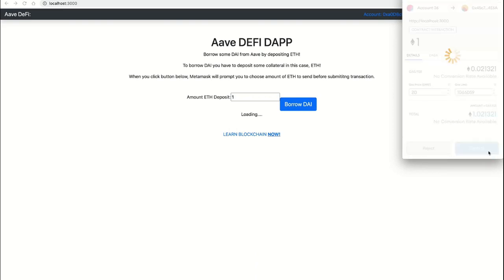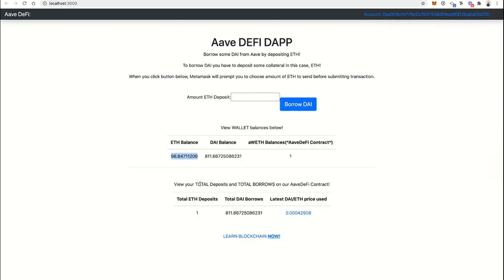See your MetaMask confirmation pop up. Click confirm, and boom, there you go. So we deposited 98 ETH, or we had 98 ETH, so we deposited 1 ETH, and now we borrowed 811 DAI. Okay, awesome. So that's an introduction on how to use Aave for your smart contracts, how to build your own